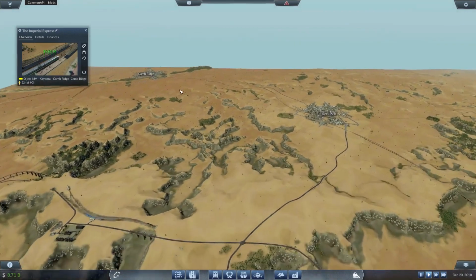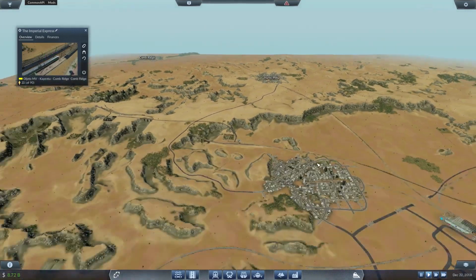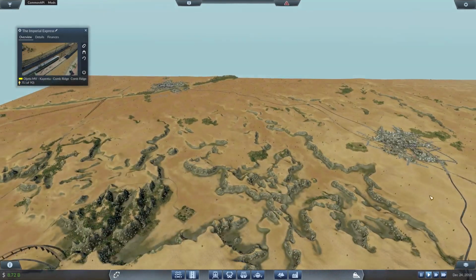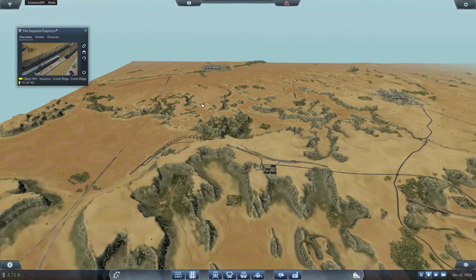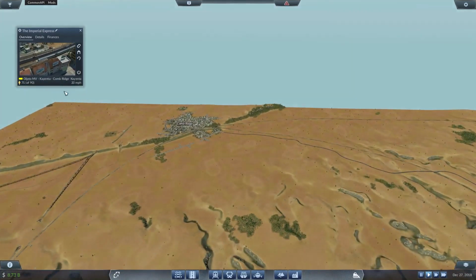Where's Big Hogan? Yeah, I'm losing my place around the map. So there were connections between these towns around the edge of the map here. So it's grown. But I'd like to think the Imperial Express and its fellow vehicles on this Kayenta